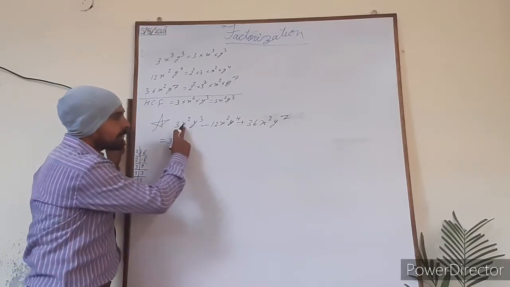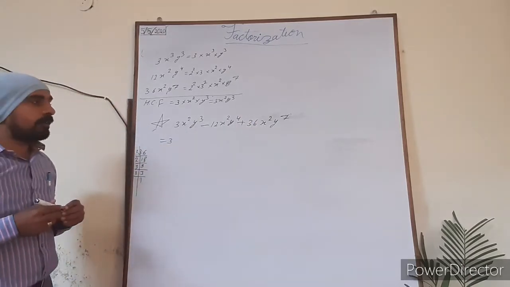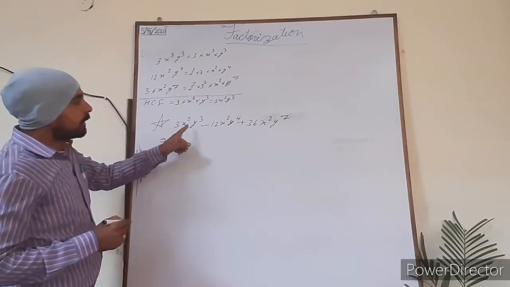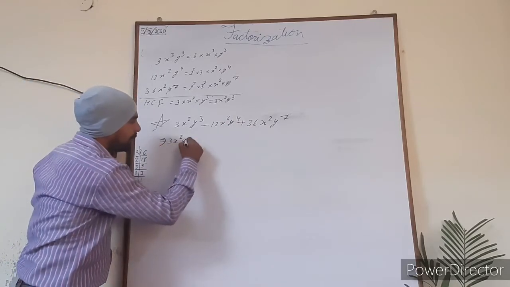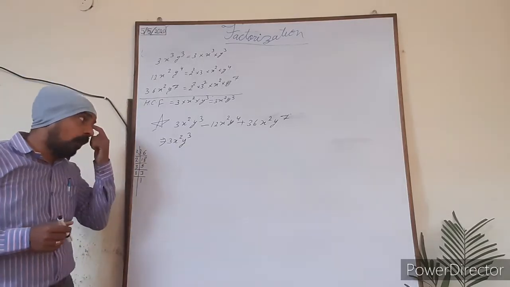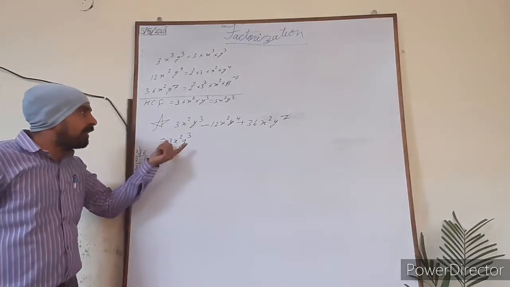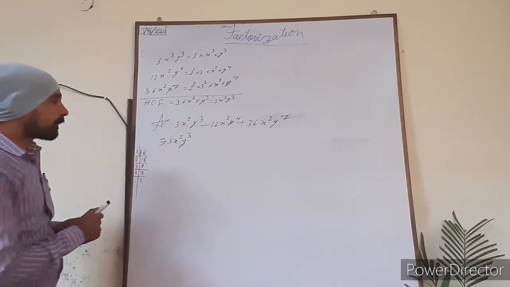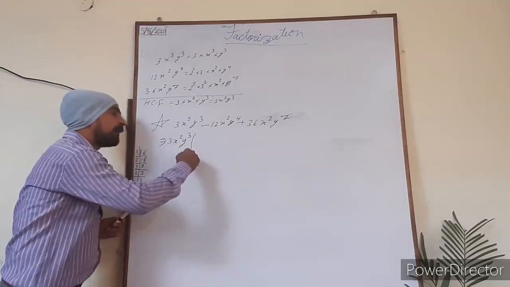After that, it is x square, and it is x square. So x square will be totally common. So x square is here. After that, this is y cube, y to the power 4 and y to the power 7. So y cube will be taken as common. So these three things have been taken as common. Now actually this is the HCF, that's why it will divide this term as well as this term as well as this term also. So you will put the bracket. As soon as you take common, you have to put the bracket here.